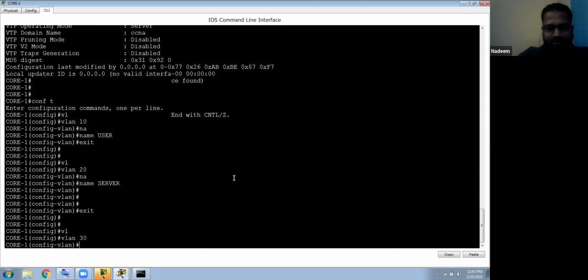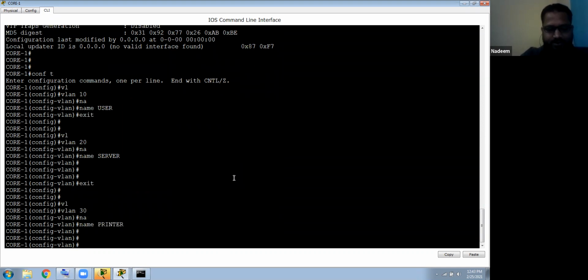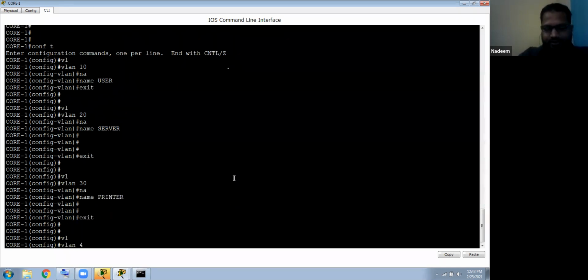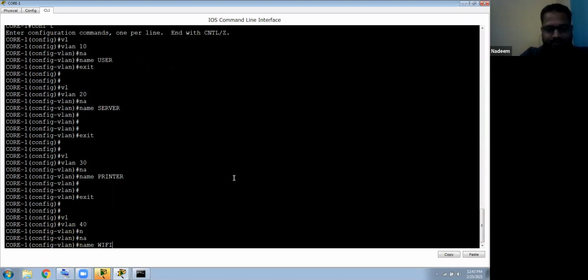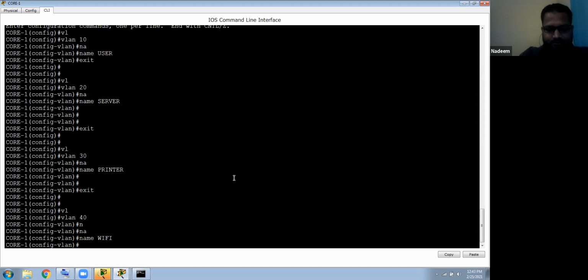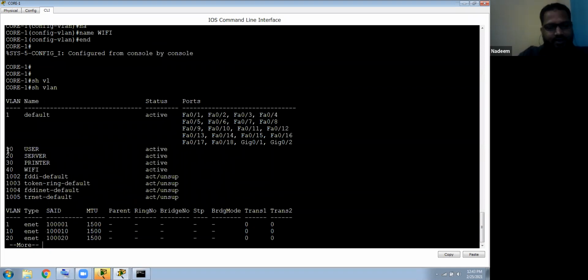VLAN 30, name, let's say, printer VLAN, exit. VLAN 40, name Wi-Fi VLAN, and show VLAN. So I have VLANs 10, 20, 30, 40.